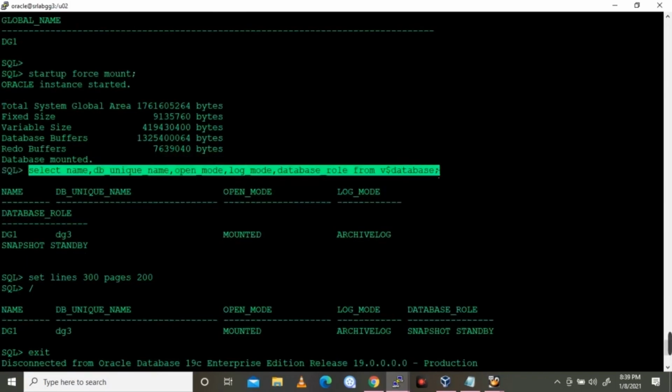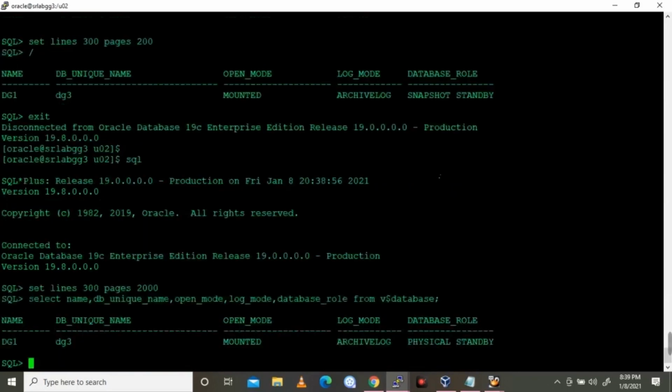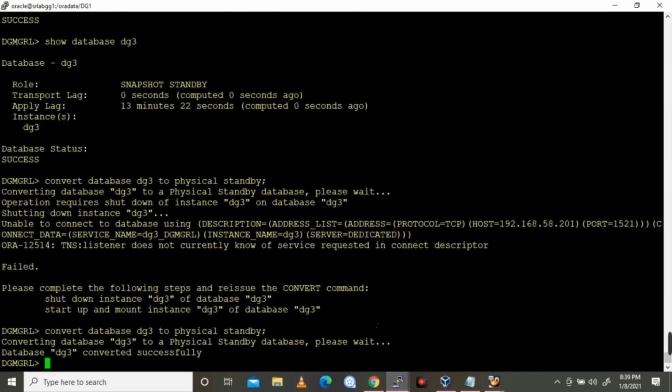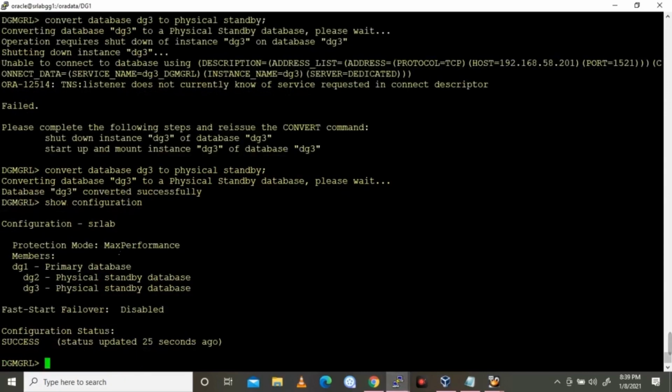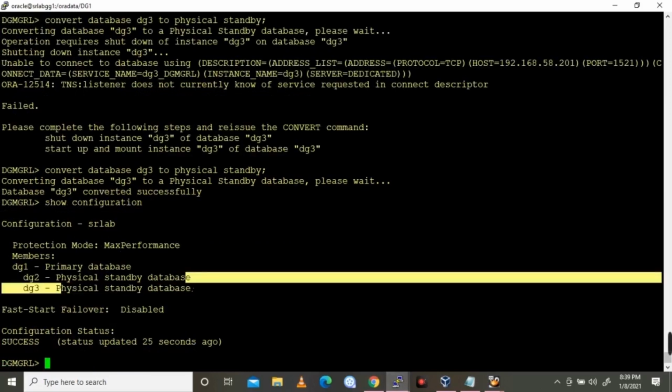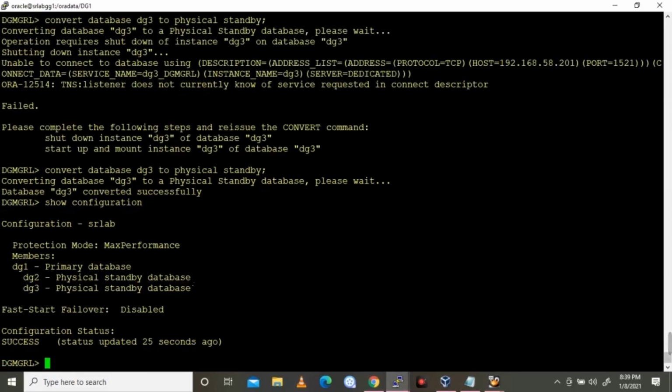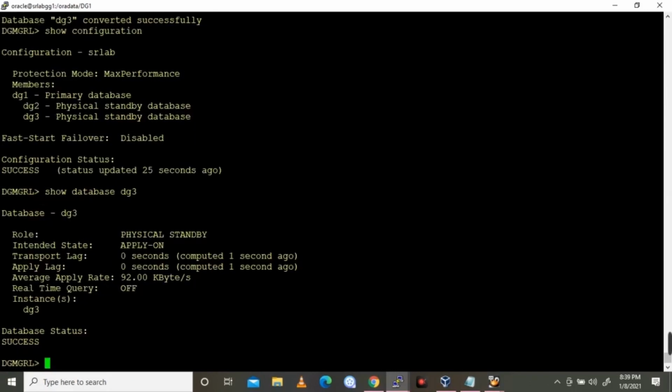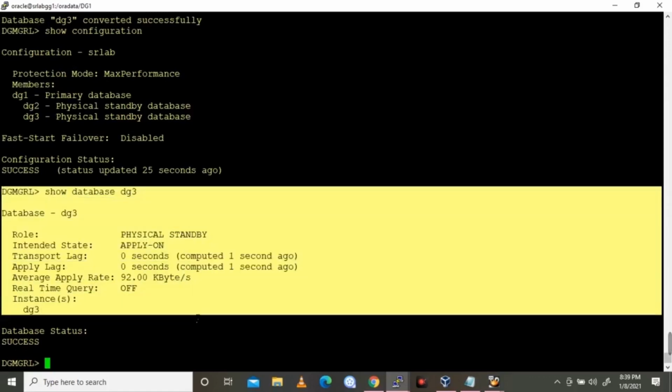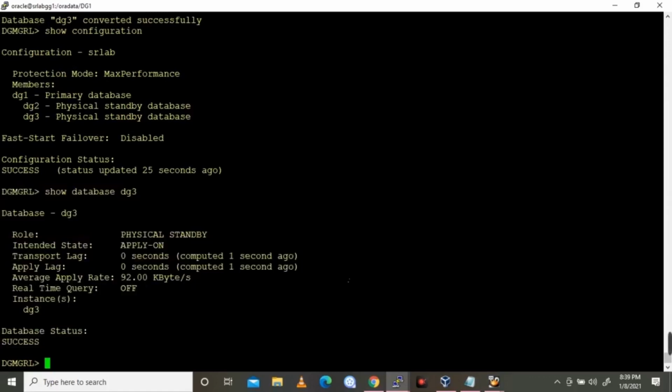You can see the database is converted to physical standby. So I'm validating database DG3, and everything looks good. The database has started applying. It's in sync.